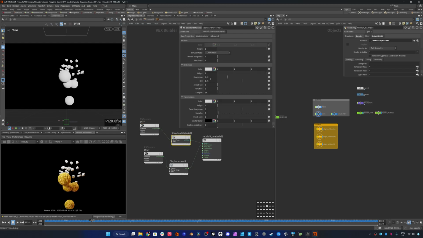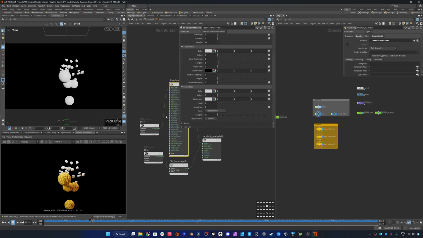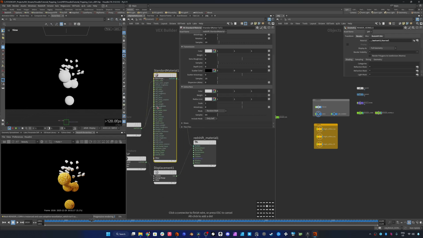And then in the shader, I think I lowered the roughness to 0.1. I upped the IOR to something like, I don't know, 1.615. And I think I actually piped this into the subsurface color as well. So I can pipe this into MS color. And then if I bring the weight up,